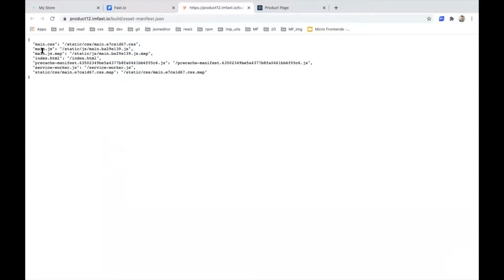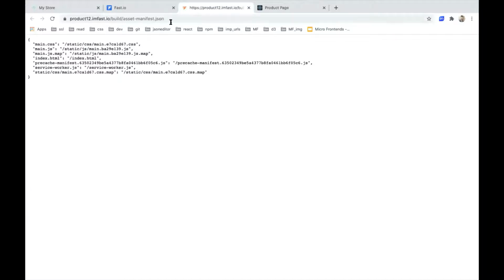Here it is specified that for the main.js bundle, the path is build slash static slash js, and likewise for the index.js CSS file. This path will always be common, but this hashed part may change, because due to the cache issue of the JavaScript, if we have created a new build, then Webpack will build a new JavaScript bundle with a different hash. So this will be constant, but this path will keep changing because of the caching issue of the JavaScript.